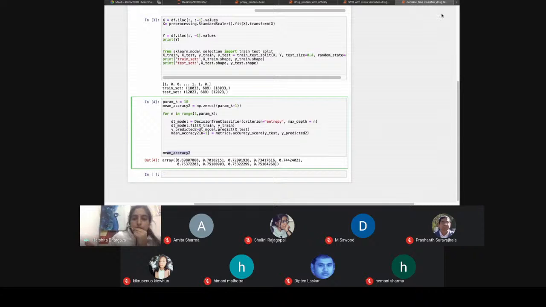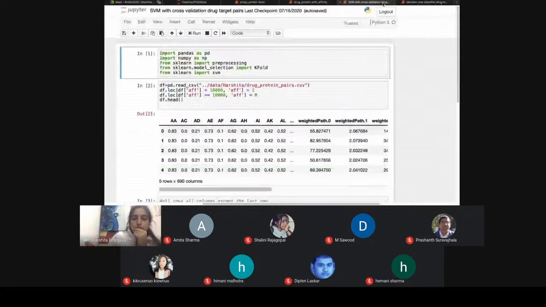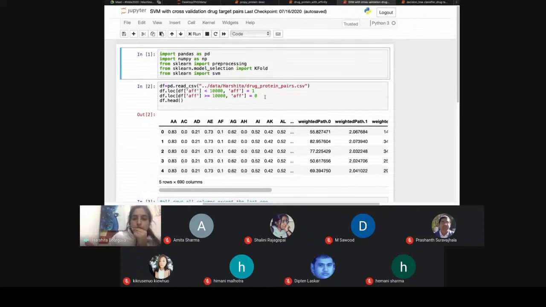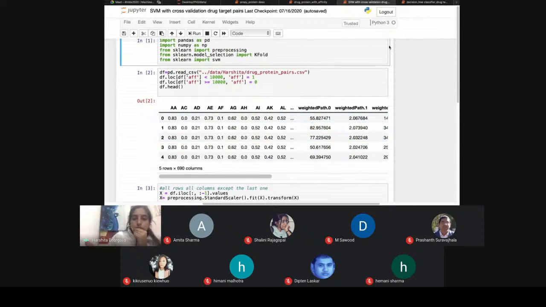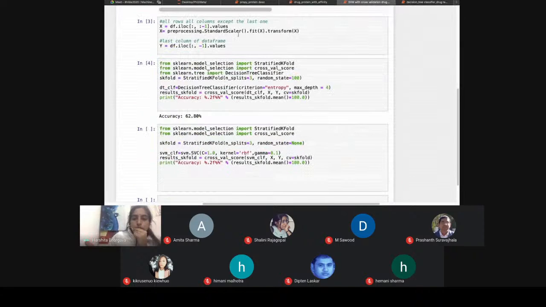But of course, you can go for a cross validation method also if you are evaluating a machine learning model. Suppose this is an SVM model that we have used. The same thing has been done here, and we made an SVM classifier in which the accuracy is 62.80, but this can of course be increased to a much greater extent by particular feature selection methods if we do them appropriately beforehand.